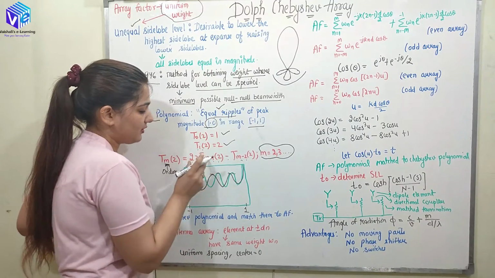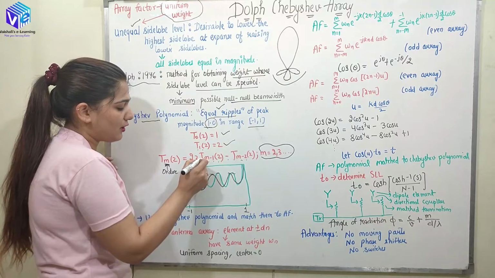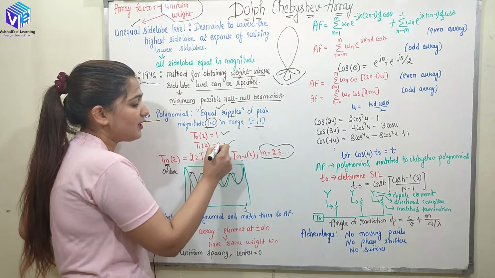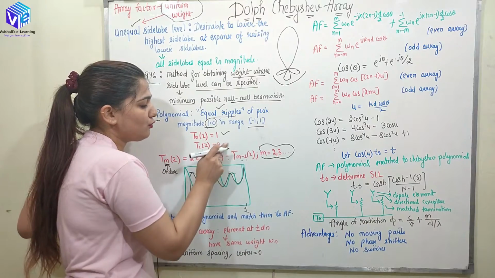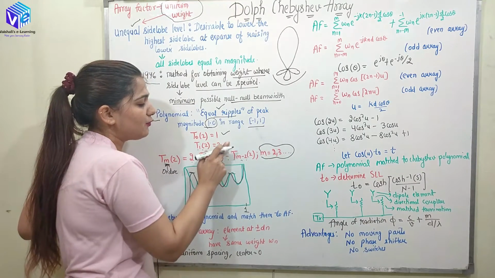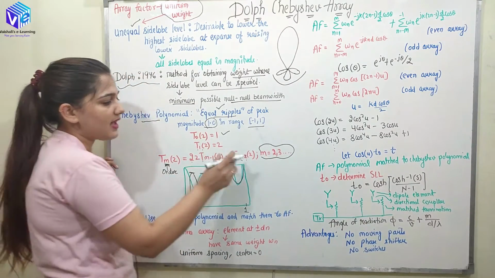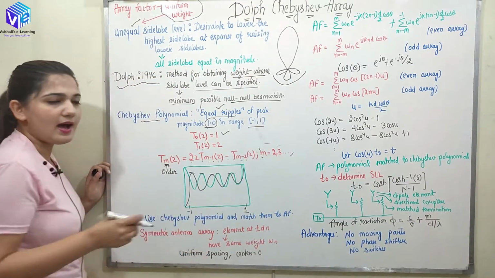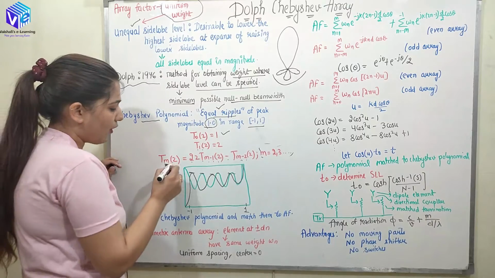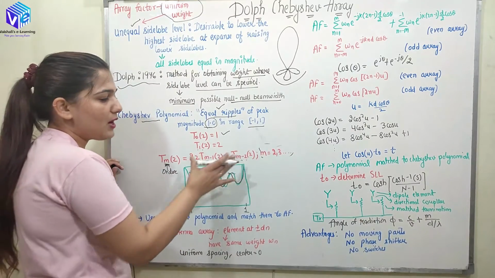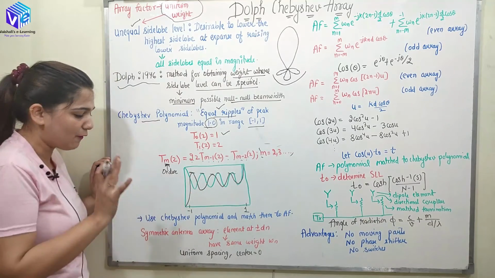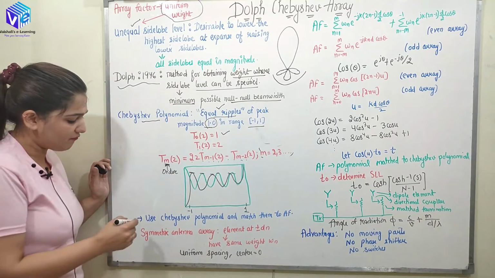If I put m equal to 1 over here, we will get 2Z T naught Z. So here I should get 2Z, but I am getting only Z, which means it is applicable from m equal to 2, 3 and so on. When I increase the order, only then is this general formula applicable to get the equal ripples. I hope you understood the Chebyshev polynomial.